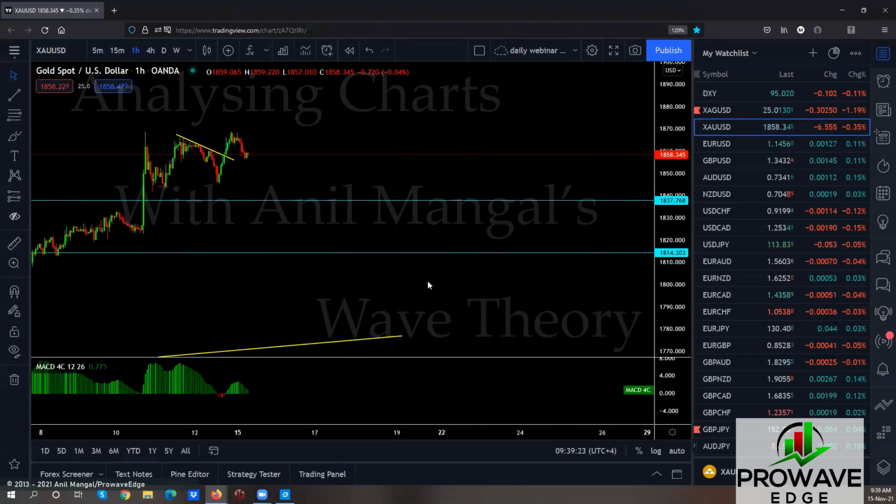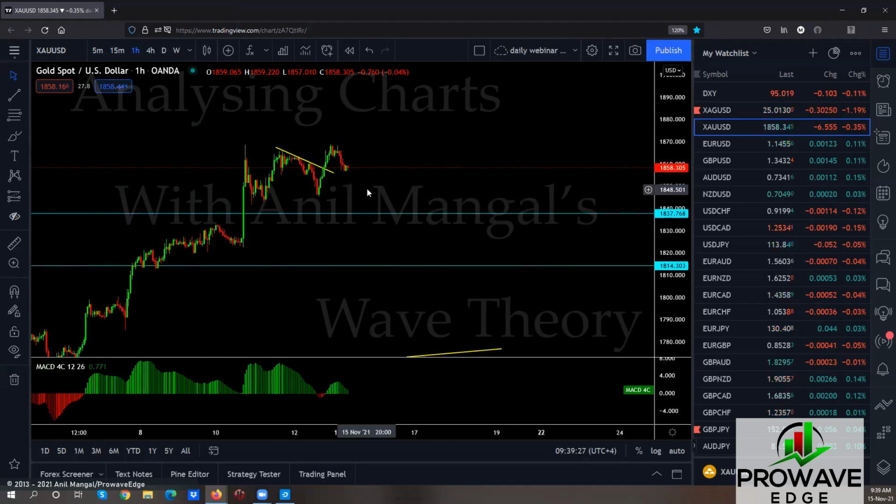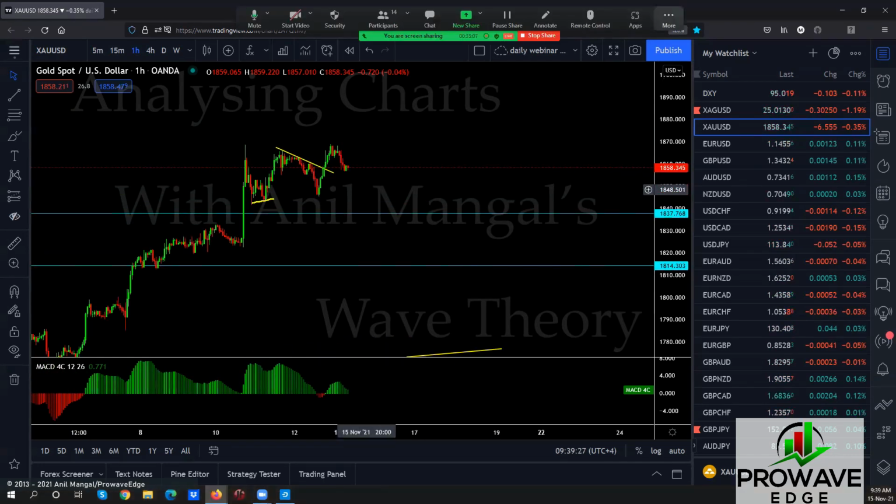So if you have the skill level to do that, you can go for the sell. There is a sell setup here. If you don't have the skill level, allow it to break through the lows, confirm that it's actually going down, and then you will sell. So this is for skilled traders. This, you wait for if you're an unskilled trader, which means you're not that good at it.